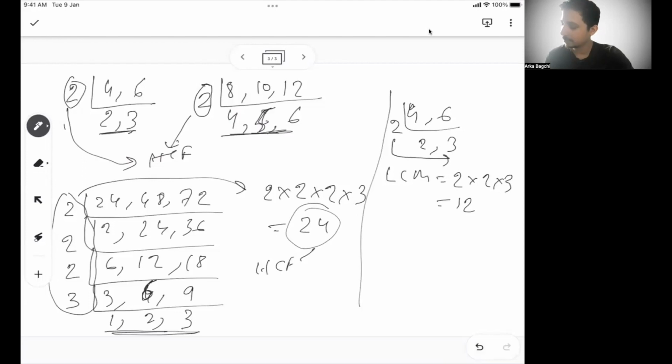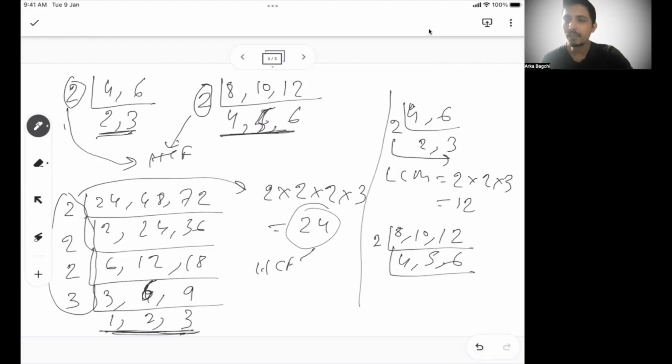Similarly, you take 8, 10, and 12, right? So you got 2, 4, 5, 6. Now for LCM, the only difference between HCF and LCM is that you should stop division as soon as there is no other common factor between all the values that came out of the previous division. In this case, 2 and 3, there was no common factor, I stopped. In this case, 1, 2, and 3, no common factor, I stopped. In this case, 4, 5, and 6, there is no common factor between all the 3. All the 3, or all the output of the previous division, is very important.